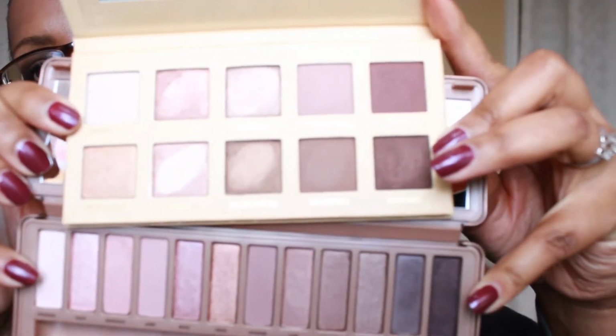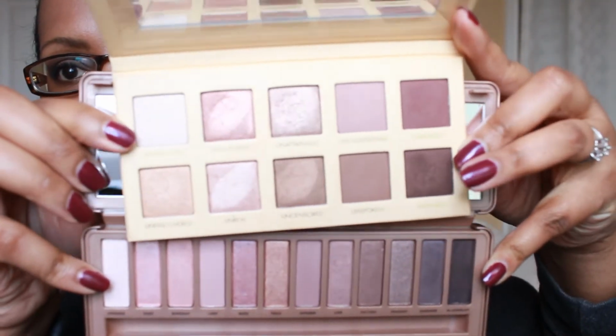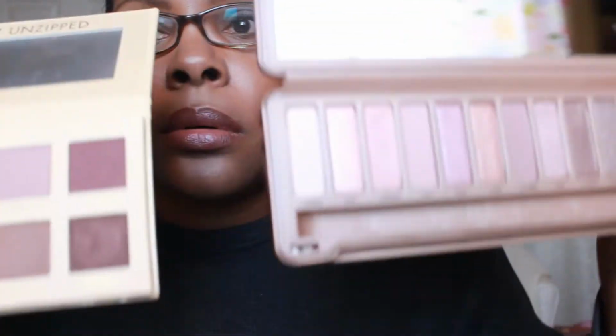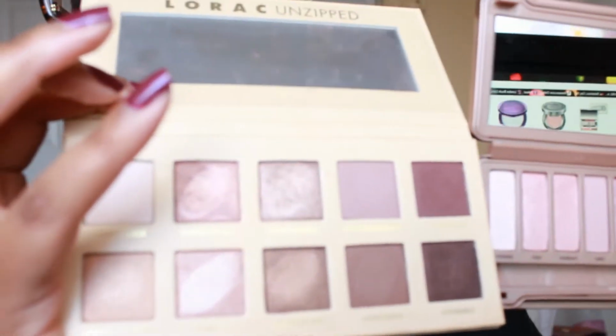What I also wanted to do, and I feel like I'm all over the place, is compare it to the Lorac Unzipped palette, which I also have, and it is one of my favorites because everybody's so excited about the fact that Urban Decay now has this palette with all these rose gold colors in it, when Lorac did it first. So on top is your Unzipped palette from Lorac. On the bottom is your Naked 3 palette. Maybe it would have been easier to, I don't know. But